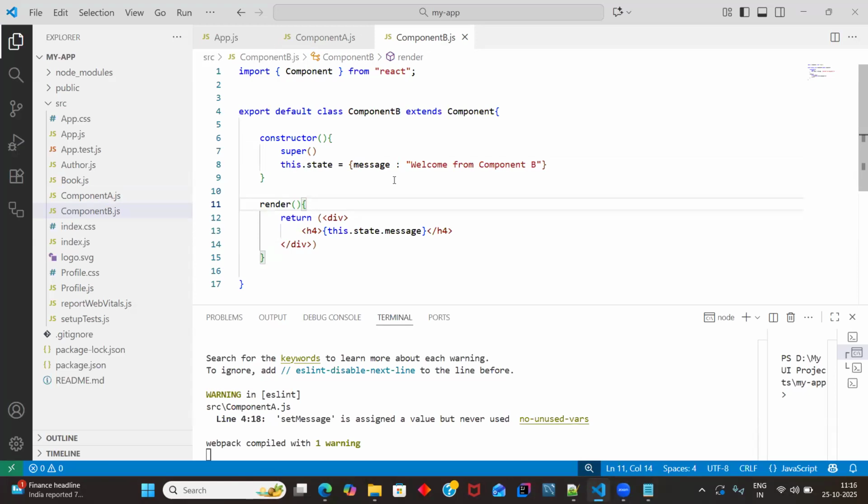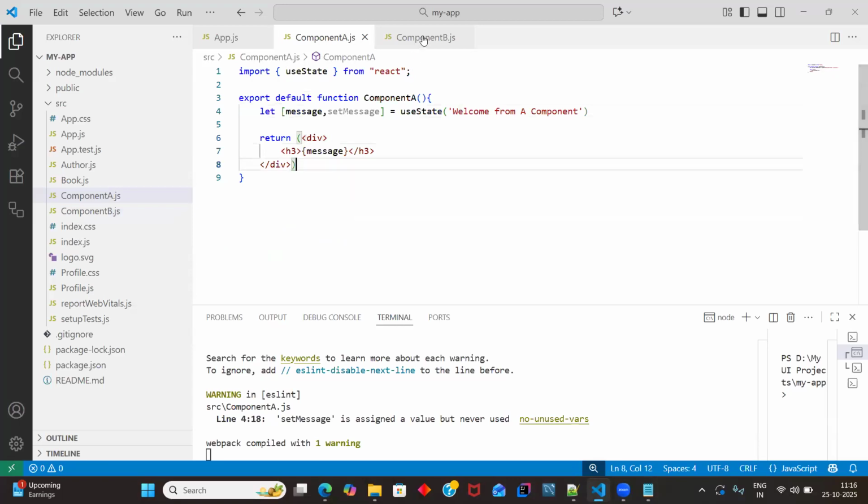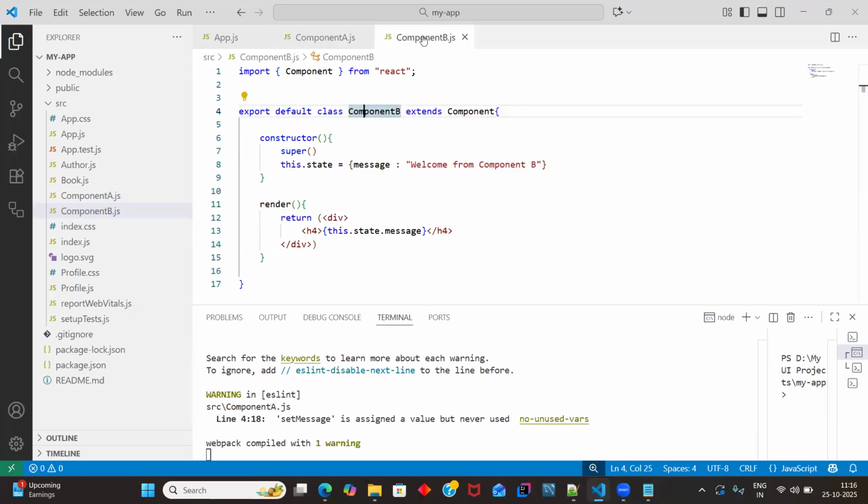Learning functions in JavaScript will hardly take 1 hour. But learning OOPS concepts will definitely take a minimum of 5 to 10 sessions, guys, even in Java or Python. Those who are from a Java, Python background, if you already finished OOPS, you know how much time it has taken for you. But what I was explaining today is that a component can be created in 2 ways: by using a class component, or by using a functional component. In the earlier React coding,